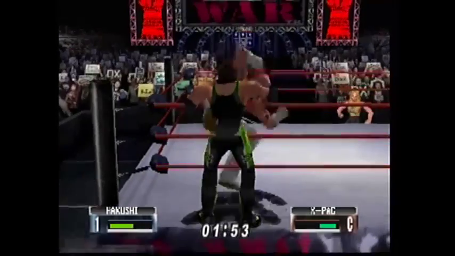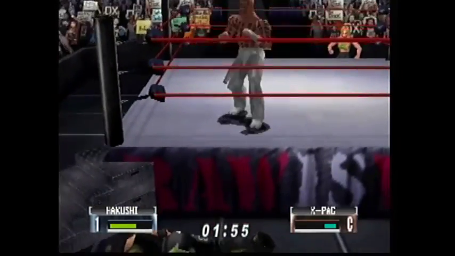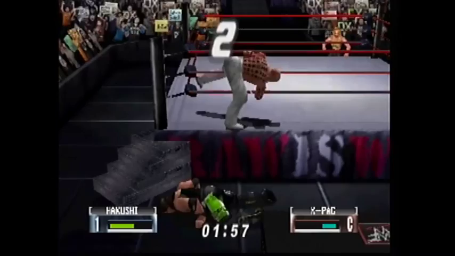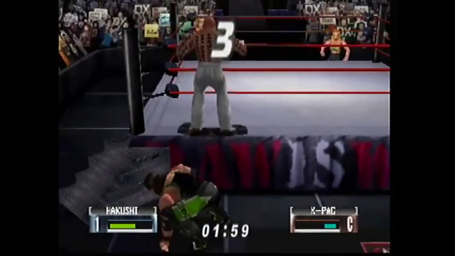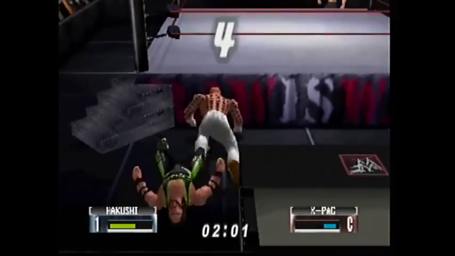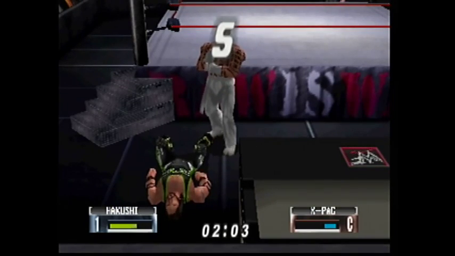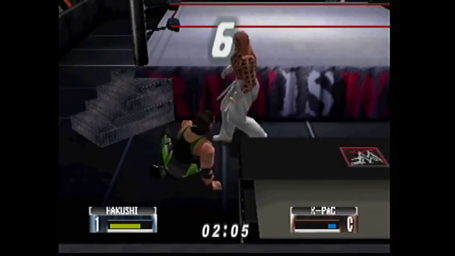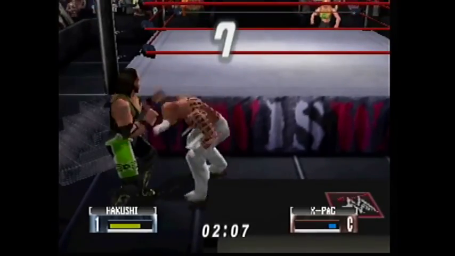I think once people started seeing him do a lot of his really innovative high-flying stuff, the fans started to really get into him. There I go, bam, hit the praying moonsault, and giving that to X-Pac. He's got the cane taunt, which I think is just so funny. But